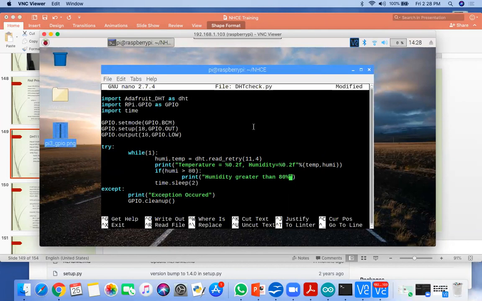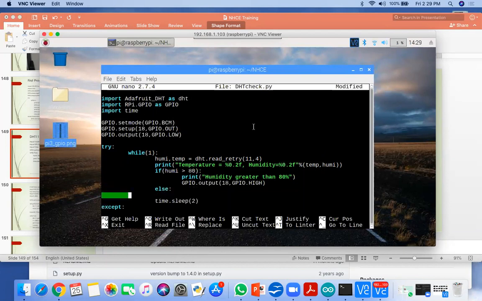And here we can output pin number 18 as high. So pin number 18 comma GPIO dot high.